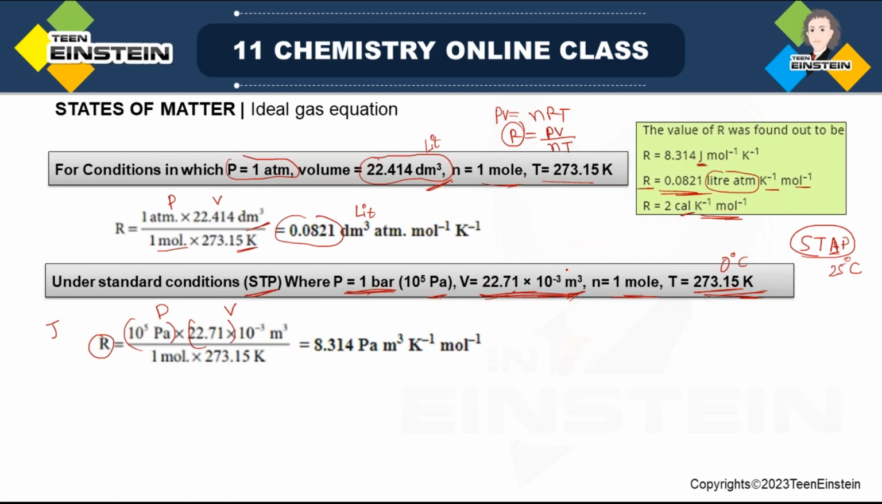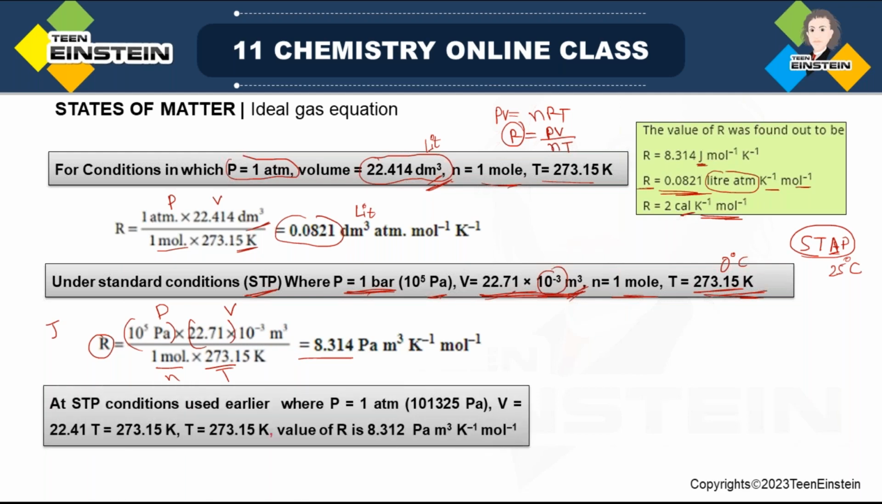So for dm cube, you are converting to meter cube, obviously you have to multiply by 10 to the power minus 3, right? Because you are moving from lower unit to higher unit, dm cube to meter cube, because 1 dm is 10 to the power minus 1 meter. So when it is dm cube, it will be 10 to the power minus 3 meter cube. So this is V, this is N, this is T, you are getting this. This is the second R value. Another possibility,